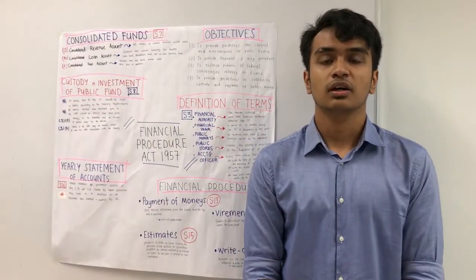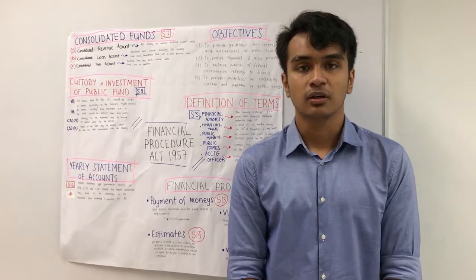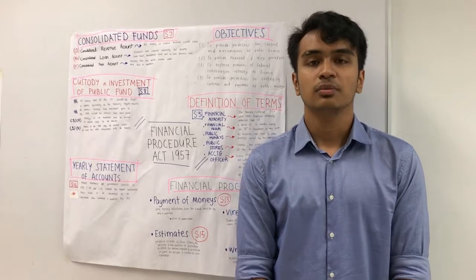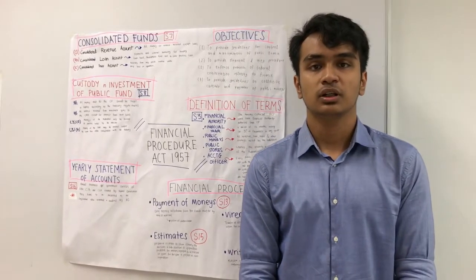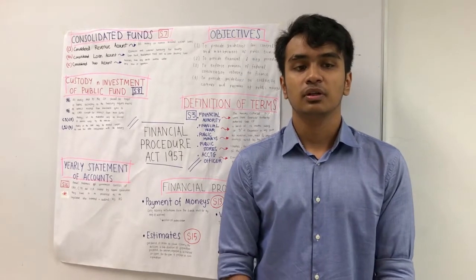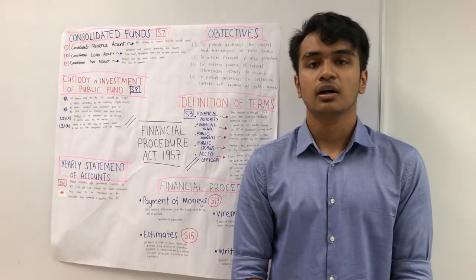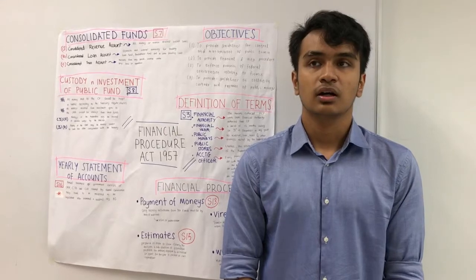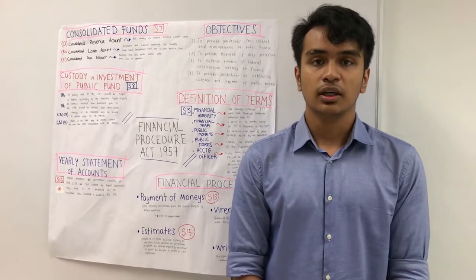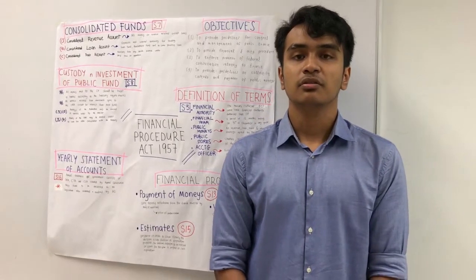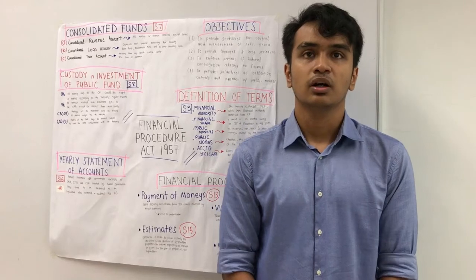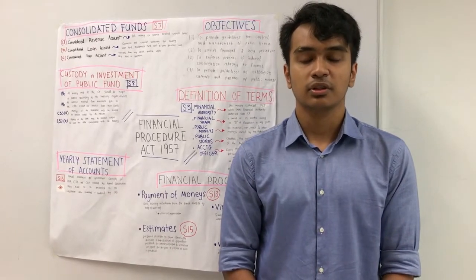Okay, so next is the custody and investment of the public fund. Under section 8, all money paid to the consolidated fund should be kept in the banks according to the requirements of the treasury. All interest received from the investment goes to the CRA, except for the revenue received from trust fund. Under section 8 subsection 3A, monies of the federation may be invested in various ways, however they want. However, under section 8 subsection 3B,